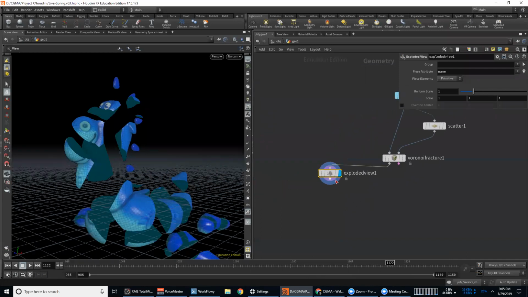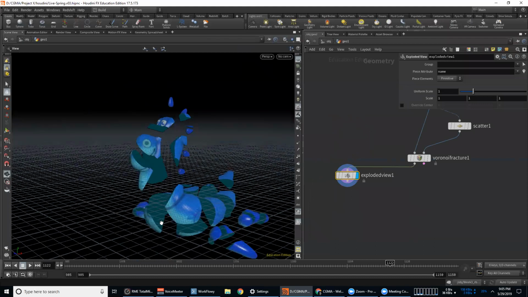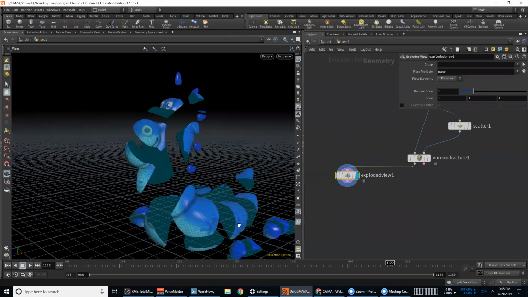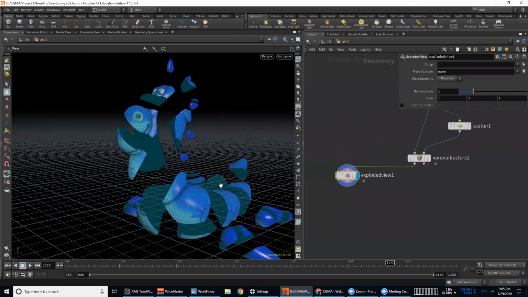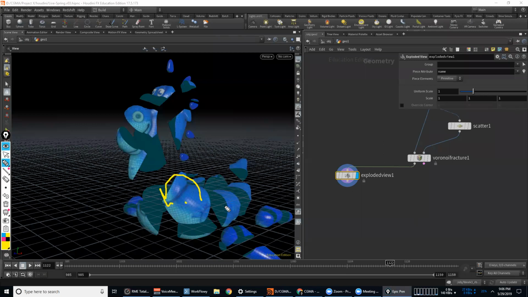All right. So if we want to add some initial rotation to this geometry, then it's going to be a bit of a problem, because if we have these separate RBD pieces and you try to add a W attribute, then it's just going to make each individual piece rotate around its own centroid. So just to make that a little bit more clear, that W attribute might take this piece and have it rotating like so, and this piece rotating like so. Even if you try to create a consistent W attribute on all the pieces, then it won't make the whole thing rotate that way. Each individual piece will be trying to do that, and it won't necessarily result in a